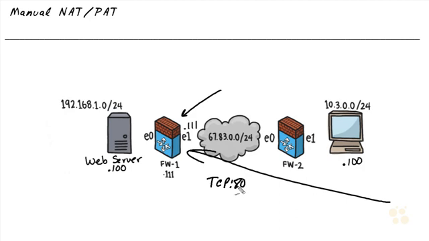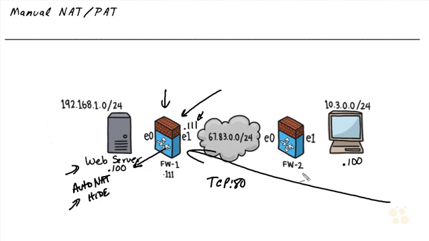ahead and do destination NAT and translate that to the IP address of 192.168.1.100, which translates to the IP address of the web server behind the firewall. Let's also configure on this web server AutoNAT so that when it replies out, the firewall will hide its real IP address. So that'll give us an example of a manual rule for the inbound traffic and an auto rule